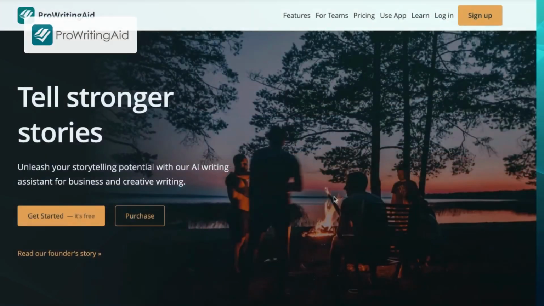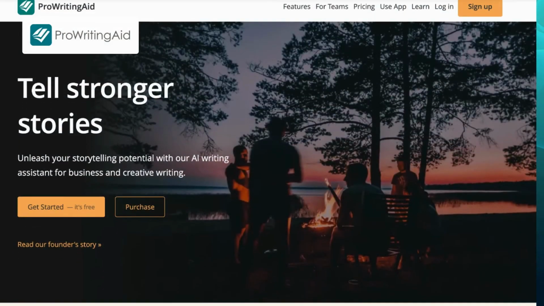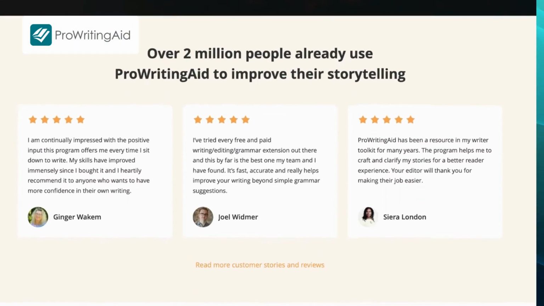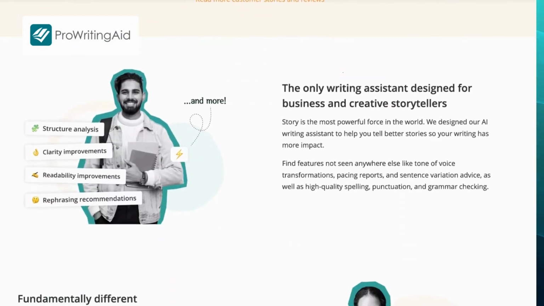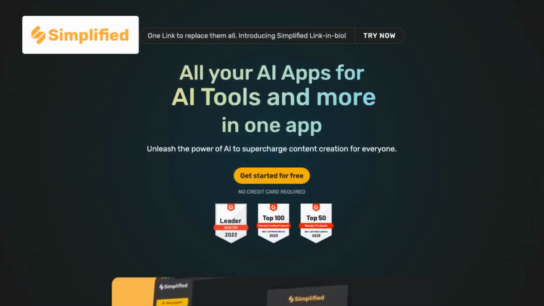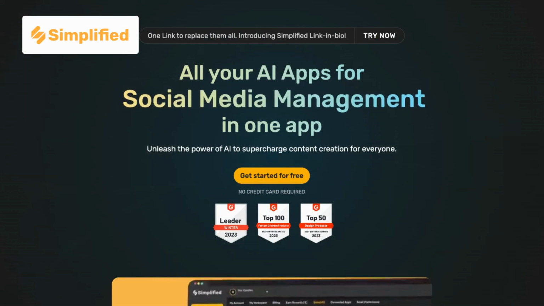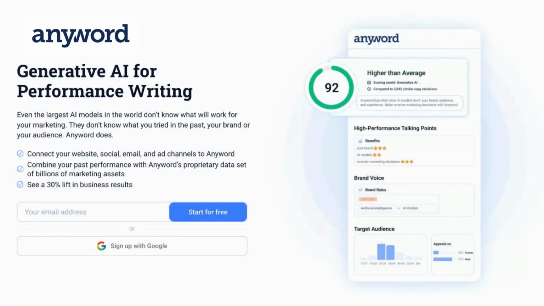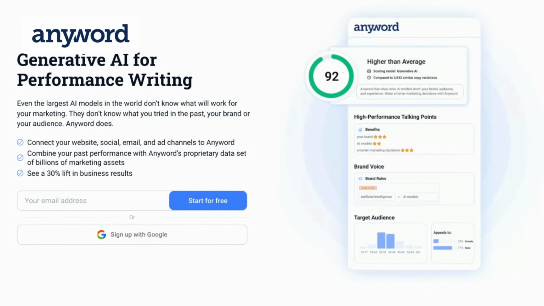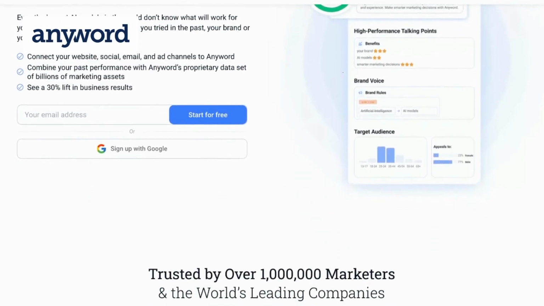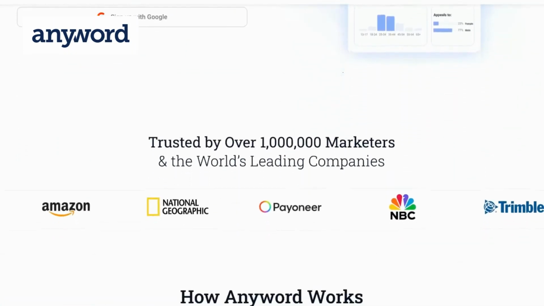ProWritingAid, on the other hand, is a comprehensive writing assistant designed to deliver in-depth writing analysis and suggestions and helps refine your writing skills. Simplified offers a completely different set of features that are more convenient when it comes to visual content creation. Anyword is an excellent tool that specializes in AI-driven marketing copy and helps marketers create personalized messages for their varied target audiences.